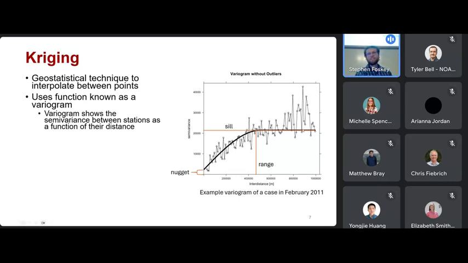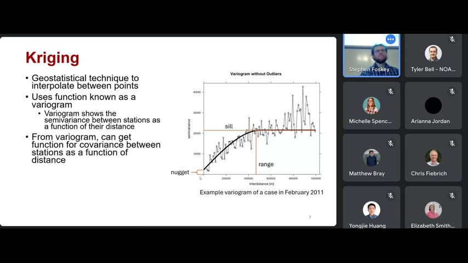And then the sill is the maximum amount of semivariance. So how much variation is there if they're just completely random, far apart points? And the nugget here shows the amount of variability that's smaller than the station scale. So this should be fairly small for synoptically driven events, because if stations are 50 kilometers apart, they should have similar values. And so from this, we can sort of invert it and get a function of covariance, which would